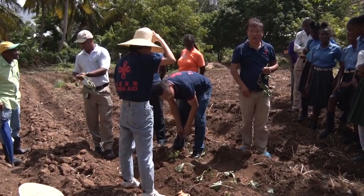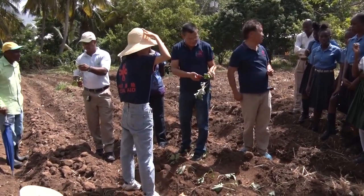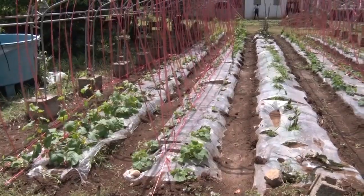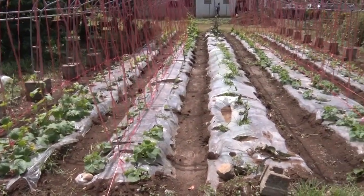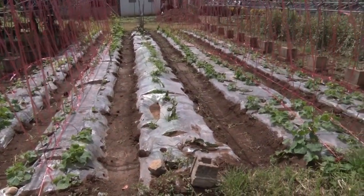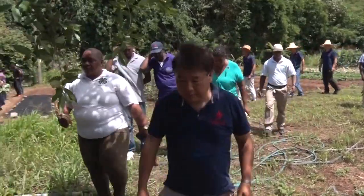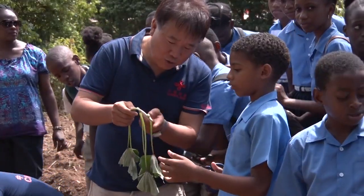A collaborative effort between the Southern Agricultural District of the Ministry of Agriculture and the Chinese Agricultural Mission at Sagesse in David has opened farmers' minds to a new and more yielding method of planting sweet potatoes. A training session on Wednesday at the Chinese farm at Sagesse saw the involvement of agricultural extension officers, farmers, and